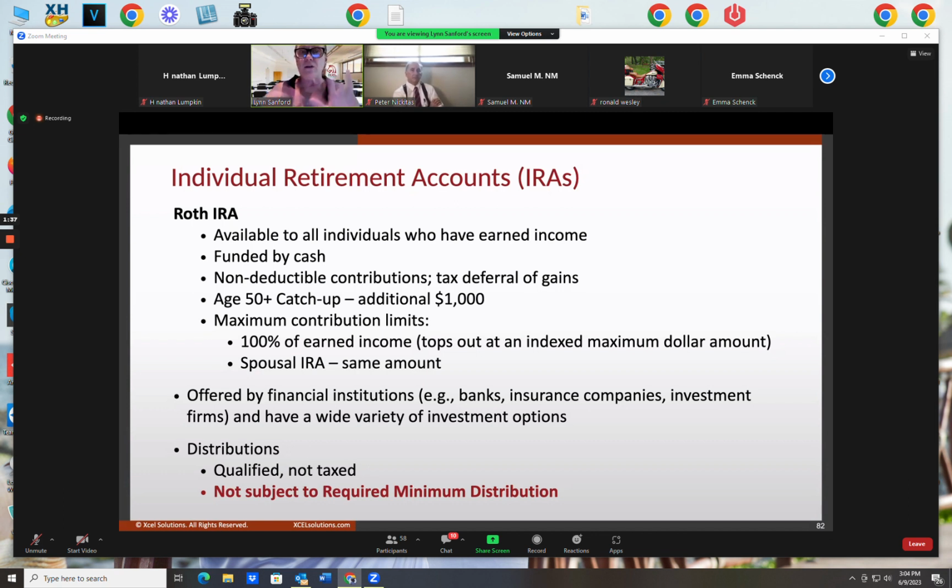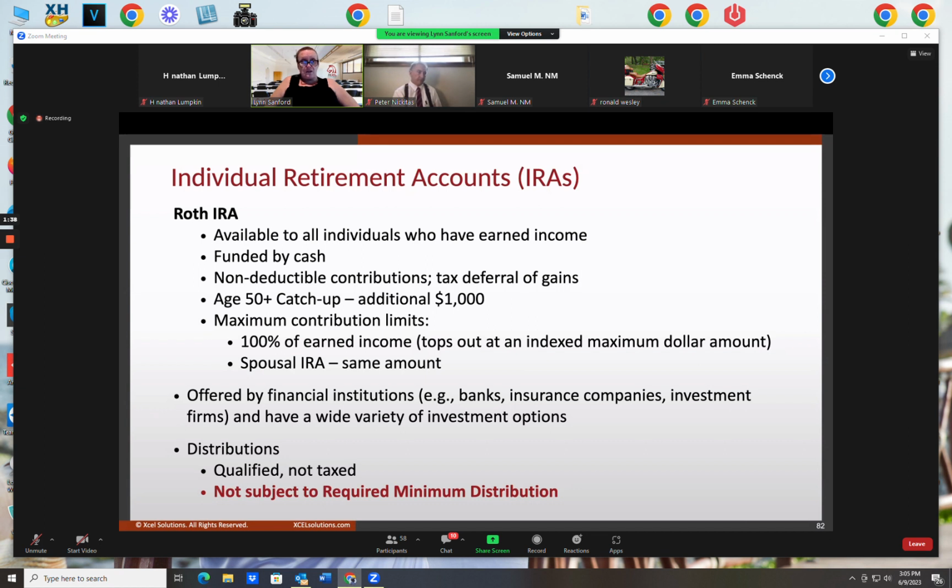Doesn't matter which account you put it in, you can put some in both. But the maximum contribution, when you collectively count those two contributions, cannot supersede the maximum amount set by Congress, which is $6,500 per year, $7,500 per year if you're age 50 plus. I don't care if you put it in 10 accounts. You've got to distribute it in such a way throughout those 10 accounts that it doesn't supersede the maximum contribution limit set by the IRS and set by Congress of $6,500 per year, $7,500 per year if you're age 50 plus.